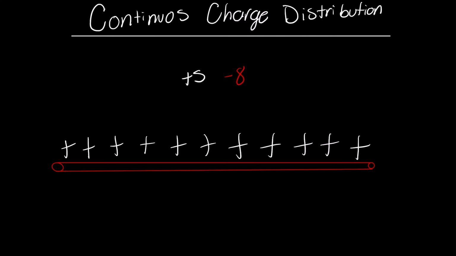All right, so this is what we would be able to call a discrete collection of charges. Okay, why is that? Because we are able to count the individual charges and know that they're the only ones that we are working with. So here, in this tiny space, we know that we only have a +5 and a -8, okay? So right over here in this space, we can actually count. Here is 1 +5, here is 1 -8, okay? And once again, this is what we call a discrete